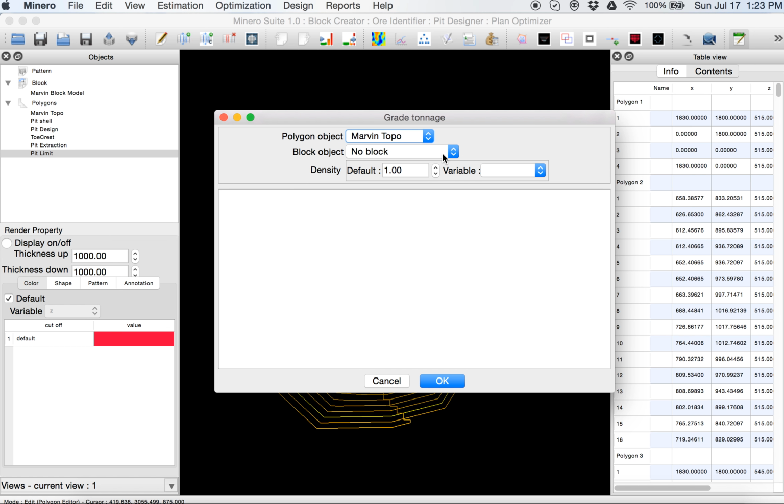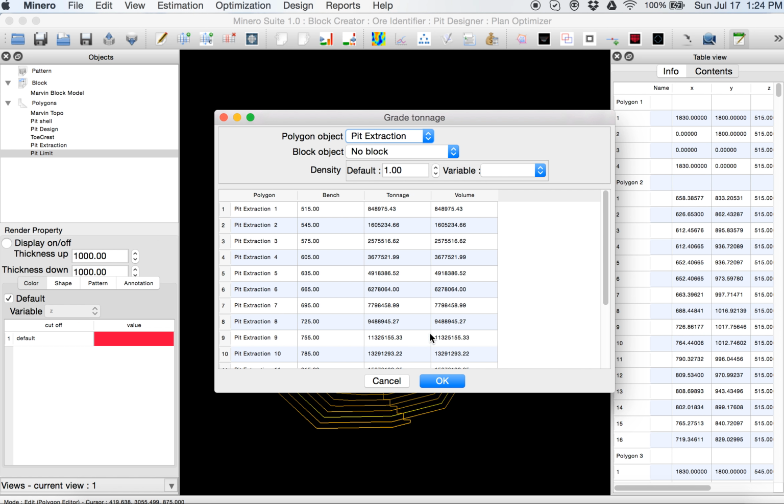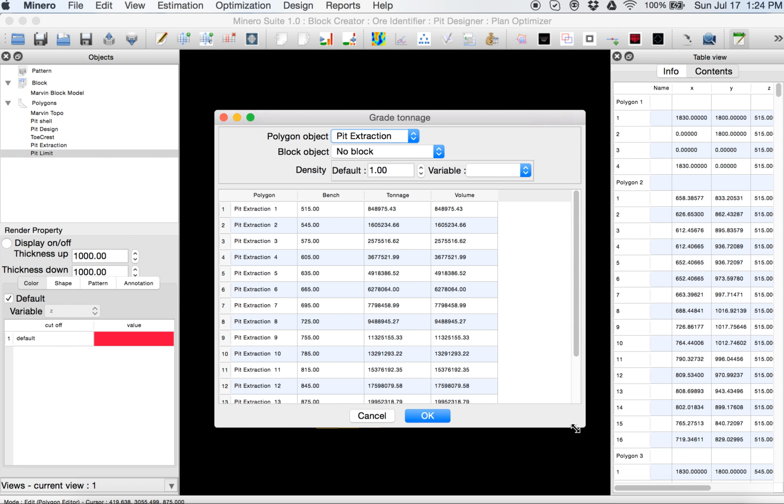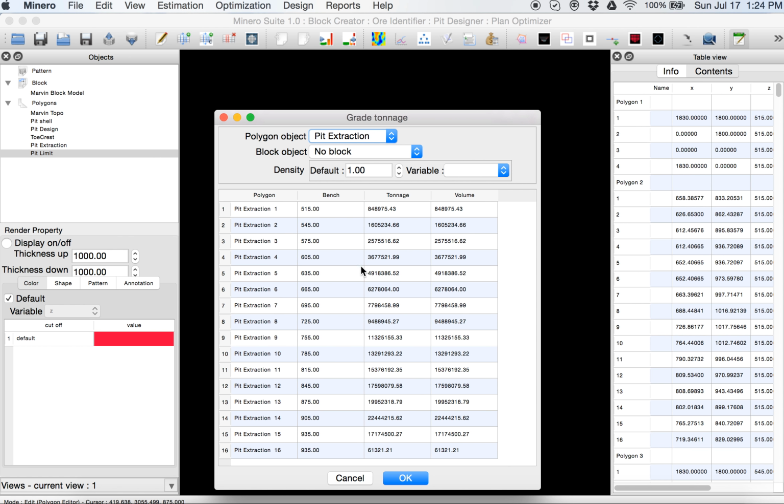So let's have a quick look at the pit extraction shape without block model. Just default density value 1. So here what we have is the polygon object pit extraction and bench by bench tonnages and volumes.